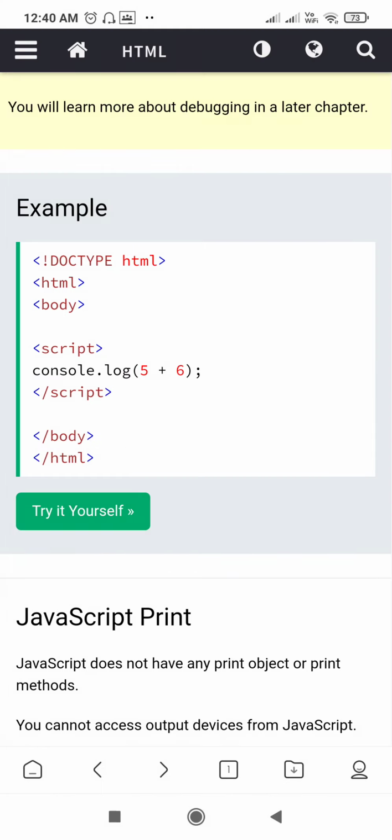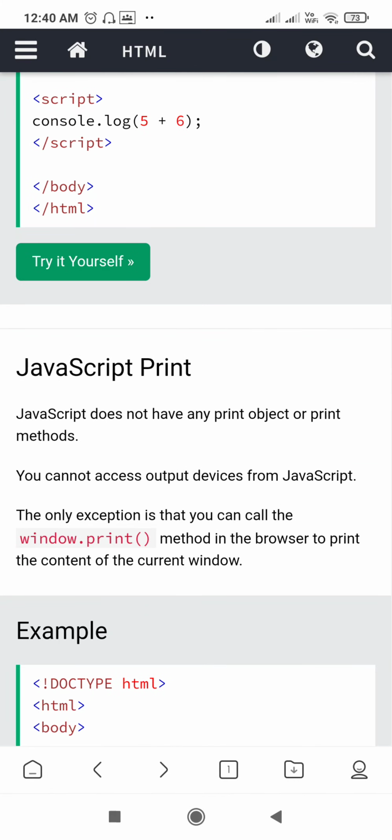So just go back, and the next method is JavaScript print. JavaScript does not have any print object or print method. You cannot access an output device from JavaScript. So for this you can use the function window.print.